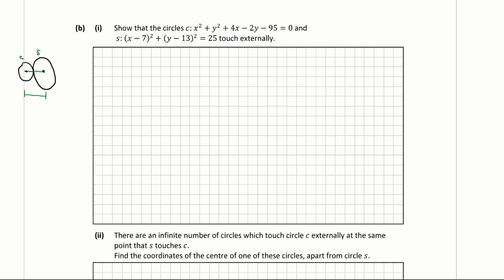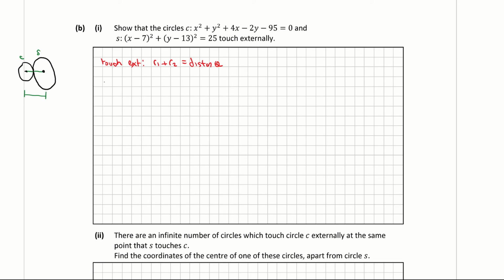So to prove touching externally, we add our 2 radii, R1 plus R2, and that must give me the distance between the two centers. And if it does, well then they're touching externally. If we subtract them, then it's touching internally. So what do we know here? So our first circle,